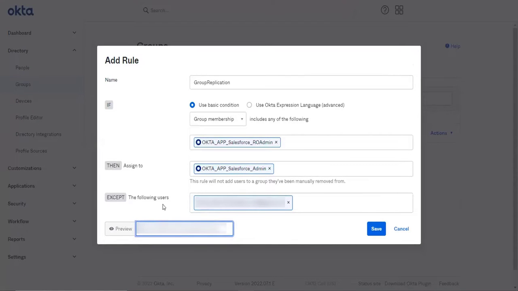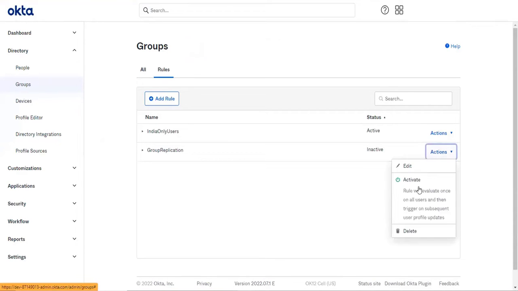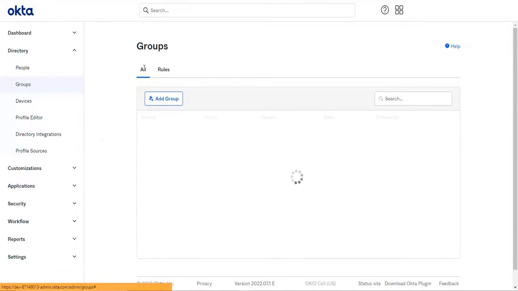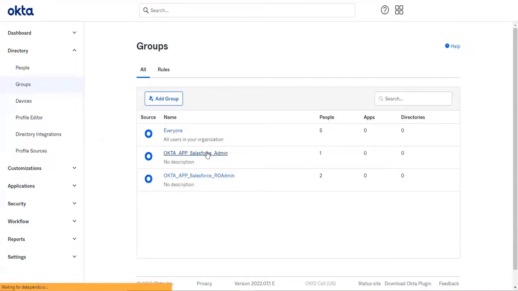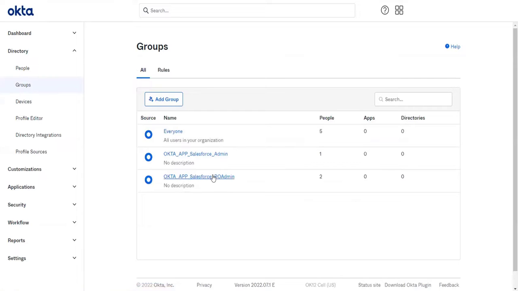So, even though it is an exception, it will just validate only these 2 steps, it seems. Okay. Let's click Save. And activate it. See. Your account has been excluded and only Ramchandran has been added here. Because that group contains only you and Ramchandran already in this read-only group. So among that only 1 user got added to it.